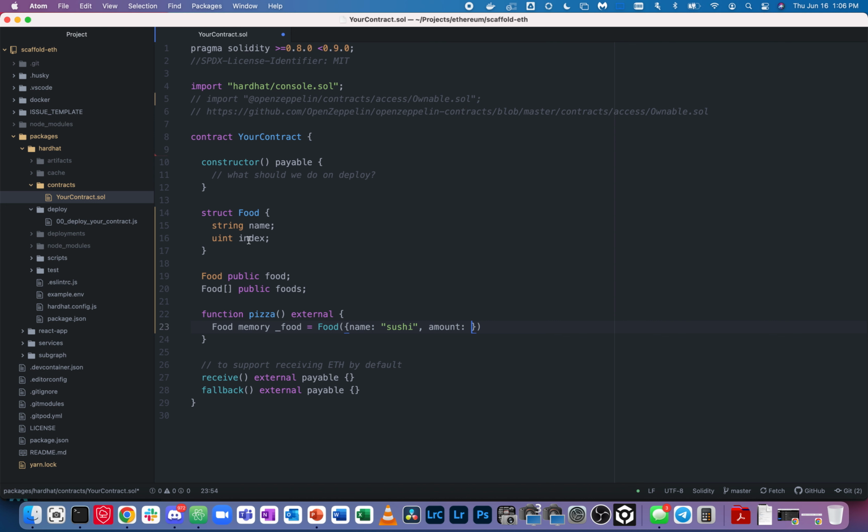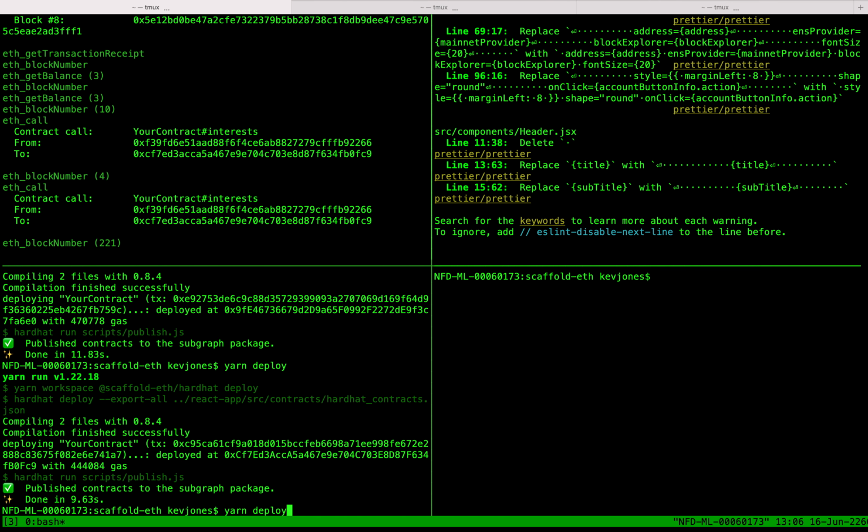Why did I put amount? It's actually just an amount here. Yeah, that's right. 9. So we're passing in 9 there, and then close that off. So this loads the struct data into the variable in memory, and then the next step is foods.push. It pushes the values into that array like this. Now if we save that and deploy,